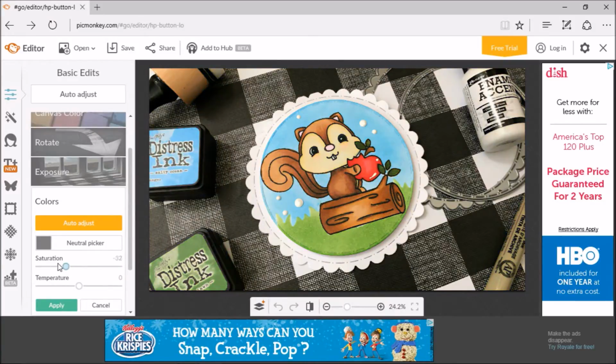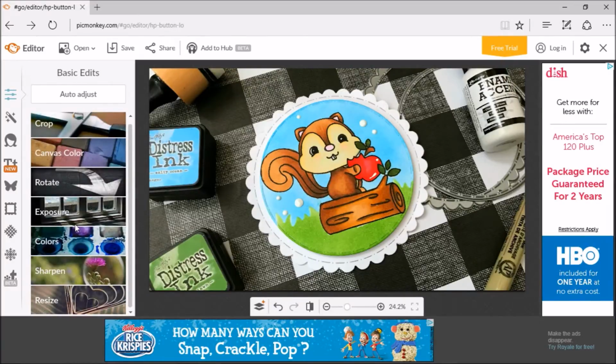So in your basic edits tab you have this colors option, and this is where you change your saturation and your temperature. I like to up my saturation a little bit just because I like to intensify my colors. Once you go back and I show you the before and after, you'll see what a difference this really makes. So I up my saturation a little bit, make my colors a little richer, and then I can play around